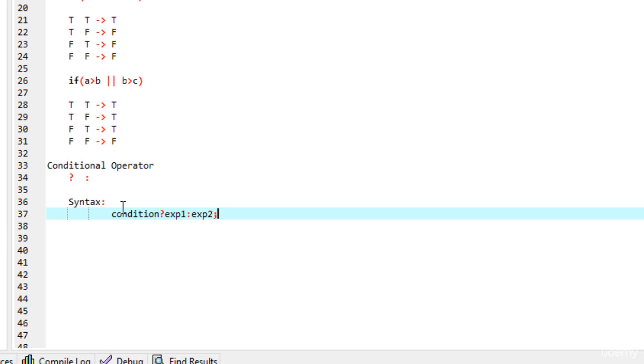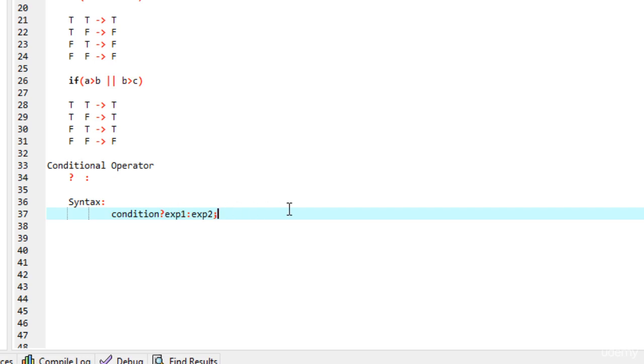So if the condition is true, then expression 1 will be considered and expression 2 will be skipped. But if the condition is false, then expression 2 is considered and expression 1 will be skipped.